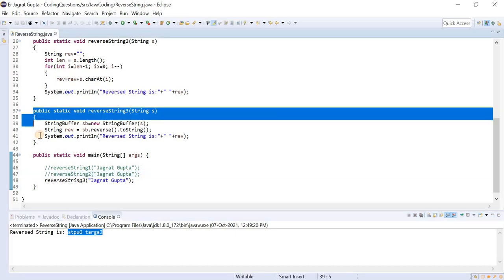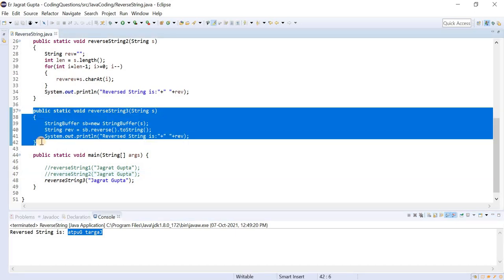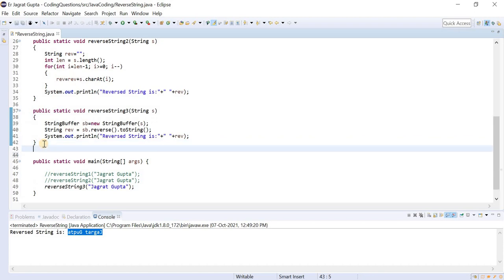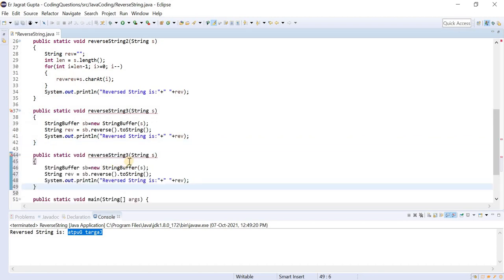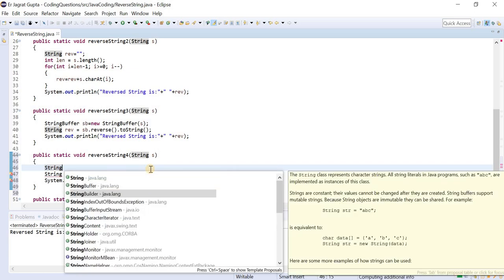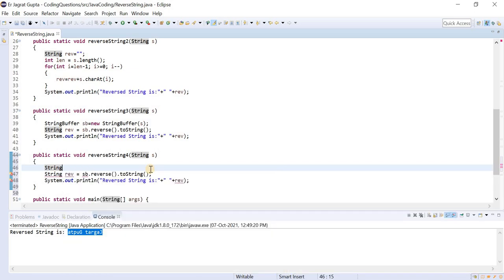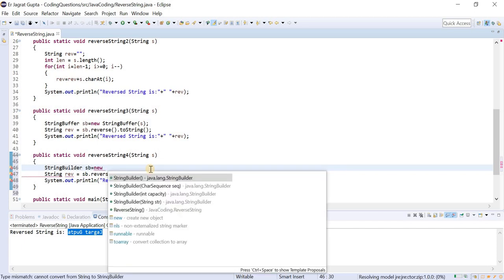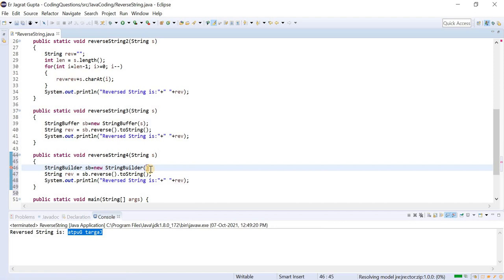Now let's take the last approach, that is the string builder. Let me copy this. With the help of string buffer we already achieved this, but now we will use string builder. There is a concept of StringBuilder also, so StringBuilder sb is equal to new StringBuilder like this.